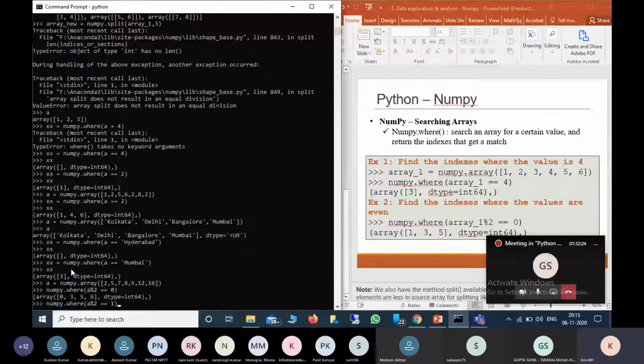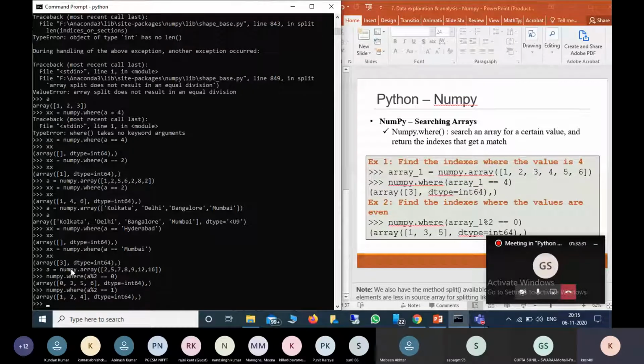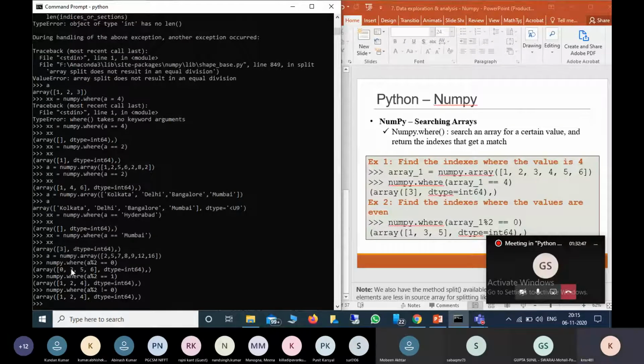We can also say 1, or I can also say not equal to 0. It will also give the same answer.